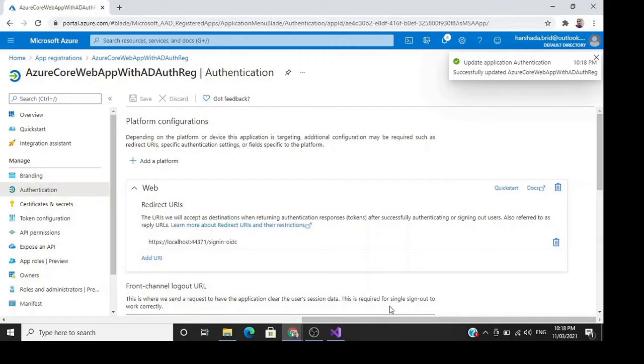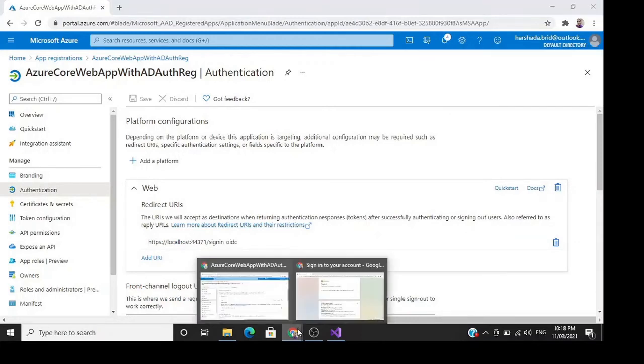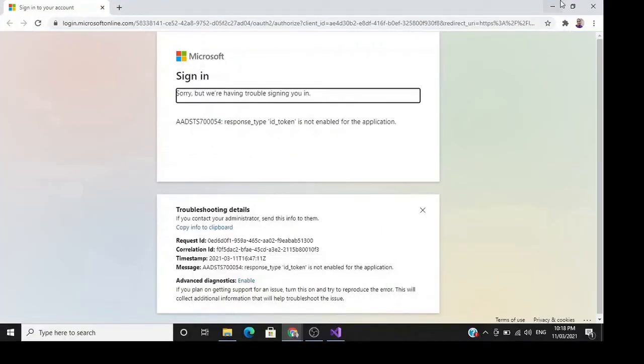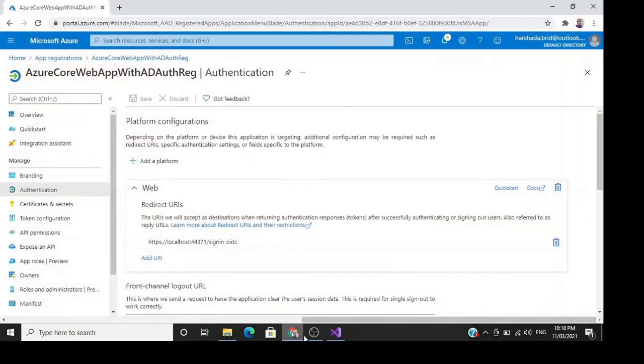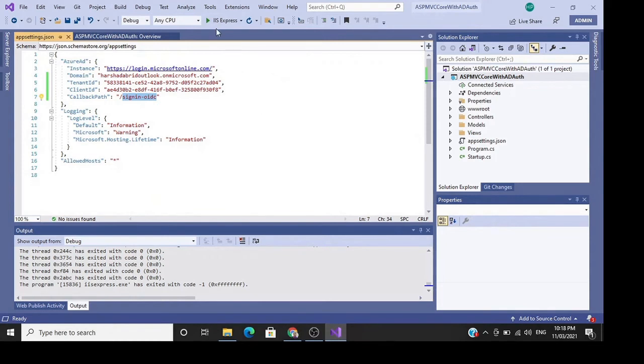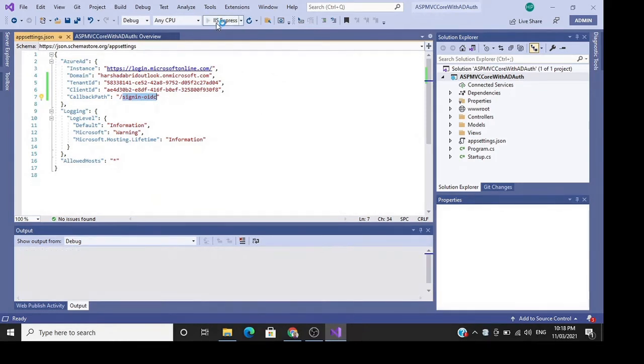Yes, we are done. Now let's check whether we are still getting that error, or whether we are done with it. Let's rerun the application. And it's rerunning.